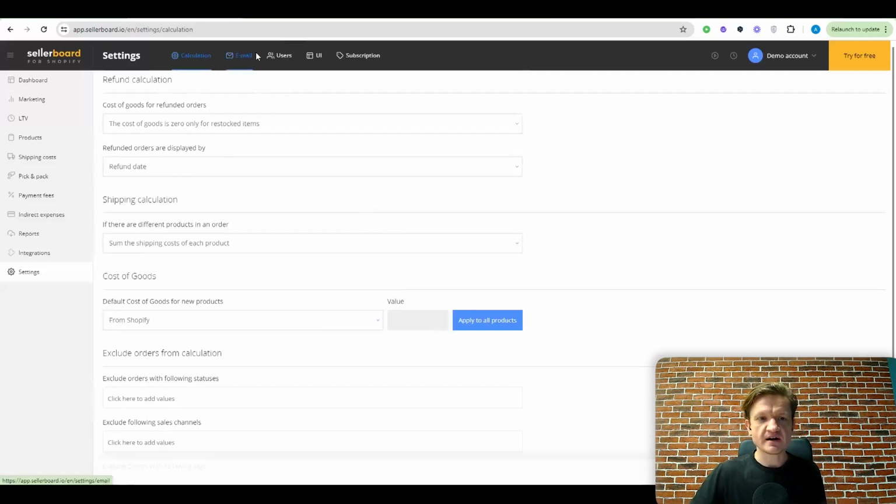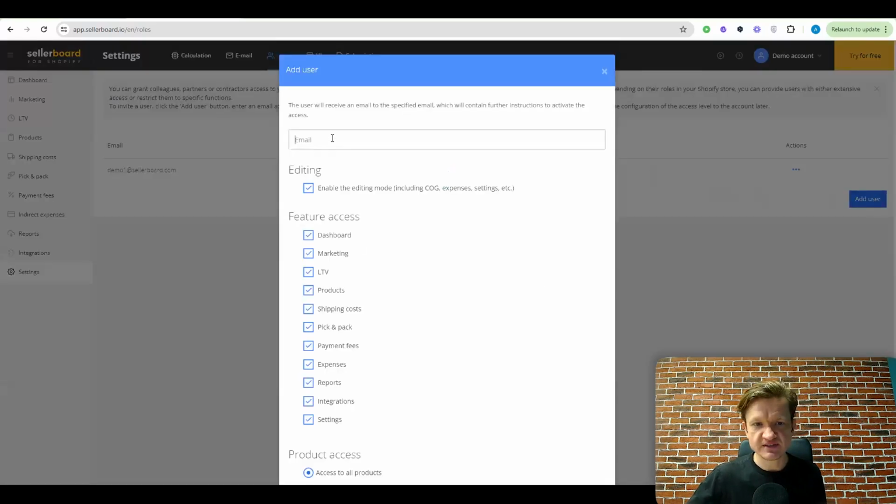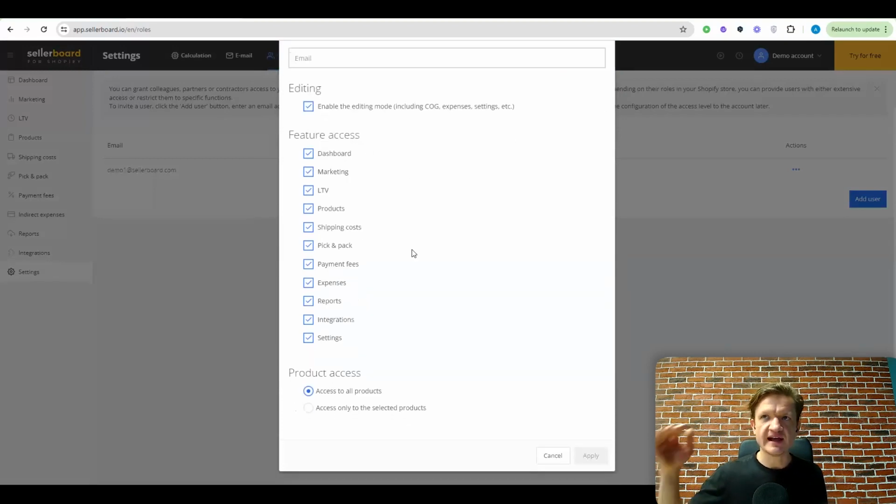So then you have some other settings. One of them I wanted to show you is the possibility to add additional users to your Seller Report for Shopify account. If you're working in a team, then all it takes is basically going to this tab in the settings menu, then clicking on Add User, specifying the email for that user, and then choosing the access settings.